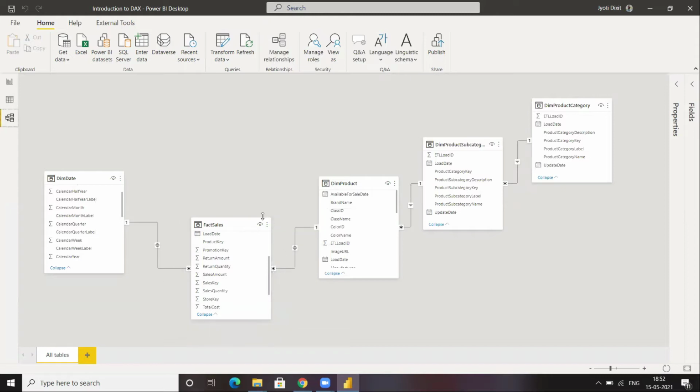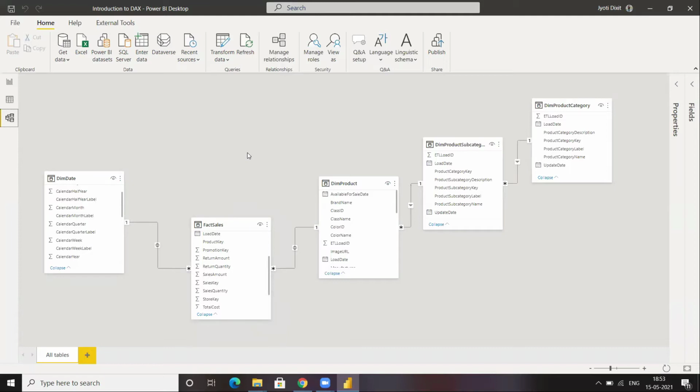Then it is going to activate the relationship between fact sales and dim date. The relationship is actually existing between date keys, obviously. So all the rows corresponding to this product key one will become grouped together.